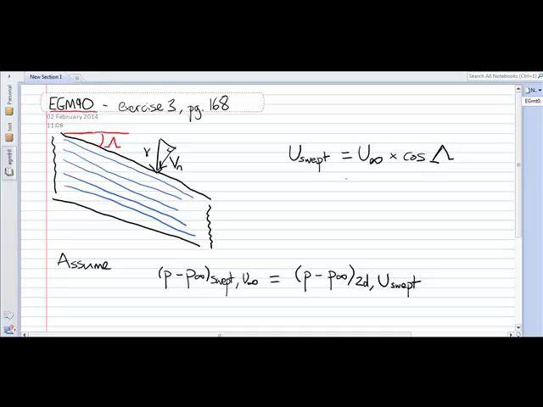a swept wing, because that was something we considered as being important in the section we've just completed, where we've looked at supersonic aerodynamics in the context of the Bloodhound supersonic car. Of course, the Bloodhound supersonic car has winglets at the front and the back, which are swept for this very reason. So the first thing we need to do is assume that our swept wing is actually infinitely long, because